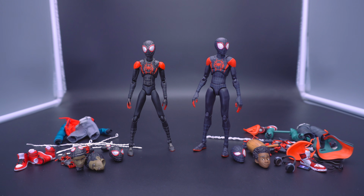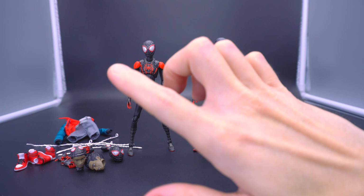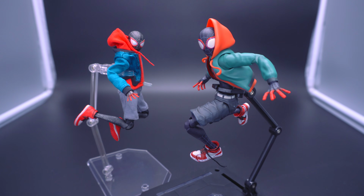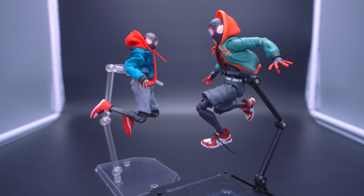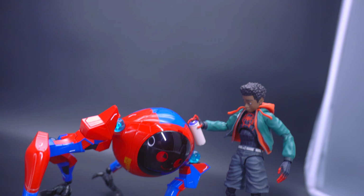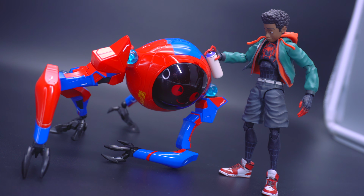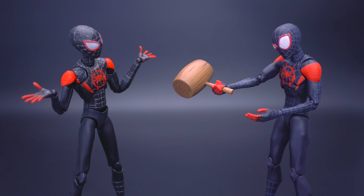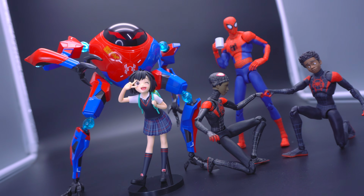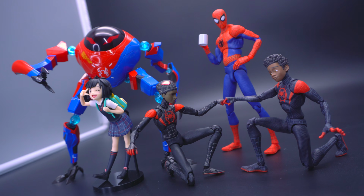But that's one major point that I want to give over to Sentinel, is that if you're dealing with this price point and this quality of prosumer collecting, I would actually have to say it's kind of a given to give it to Sentinel, even though Mafex was able to do a number of different things a little better than Sentinel. To me, the final point that gives Sentinel the win is the fact that they finished the wave and it's within scale. So if you're dealing with this overall wave from this specific property and you really want to have the whole team together to keep the inconsistencies out of place and not trigger anyone's OCD, stick with Sentinel. That way you can get the entire team and still be dealing with a quality product for the $100 to